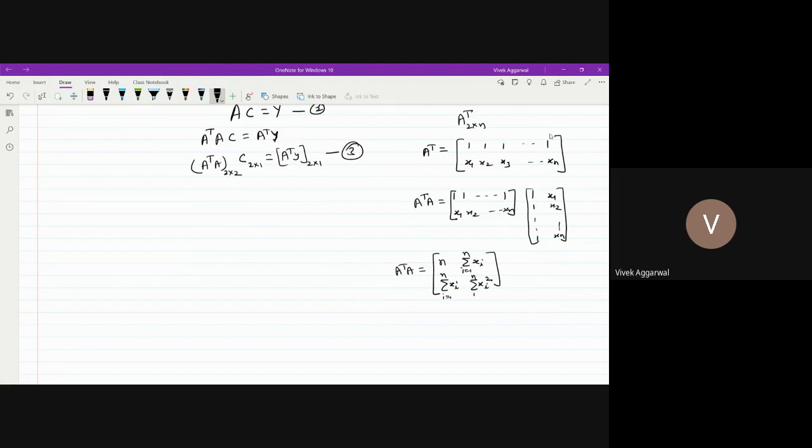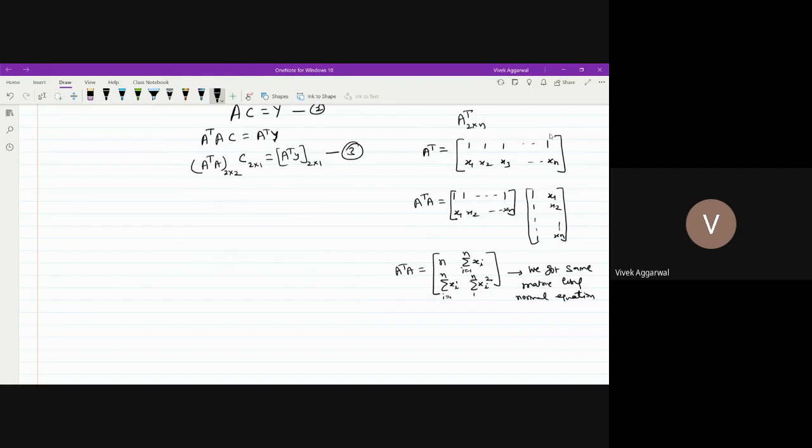And if you see from the previous lecture, we got this type of matrix from the normal equation also. So we got the same matrix using normal equations. Okay, so the same matrix I got. Now the thing is that I want to check whether this matrix is non-singular or not.